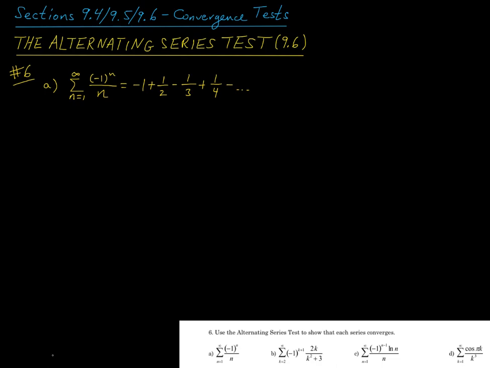Question 6 says, use the alternating series test to show that each series converges. In part A, we're looking at the sum of (-1)^n over n, where n starts at 1. So expanding, we get -1 plus a half minus a third plus a fourth, and so on. Note that this is the alternating harmonic series that we looked at at the end of the last video,